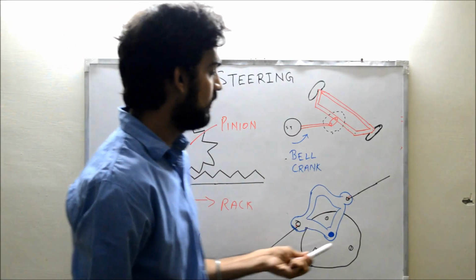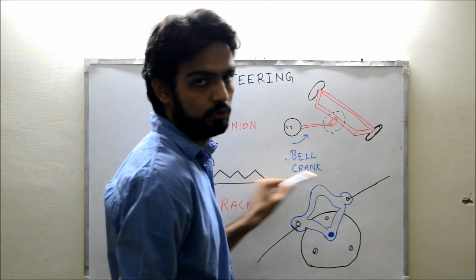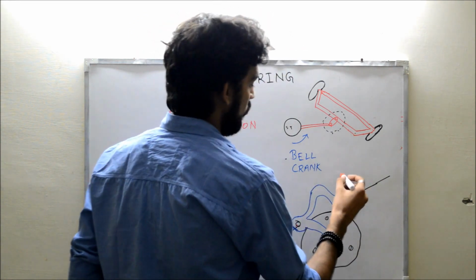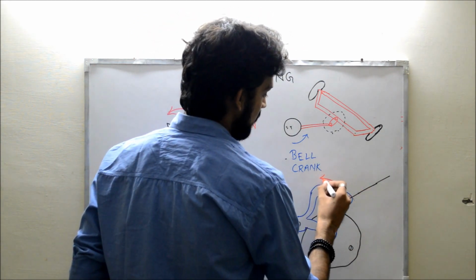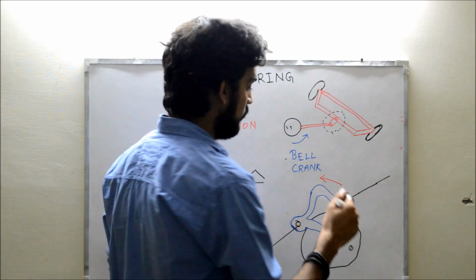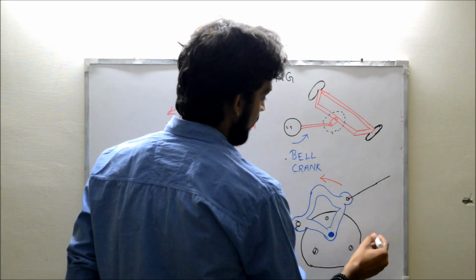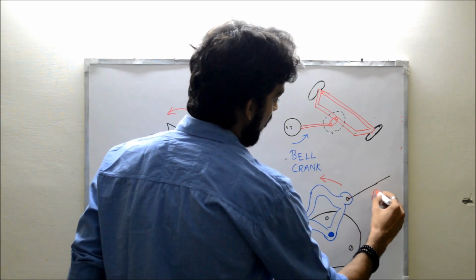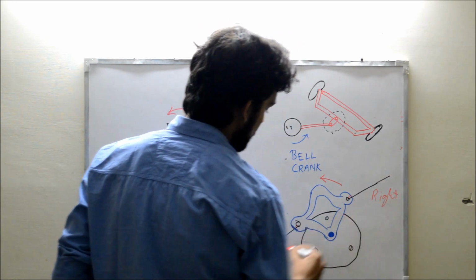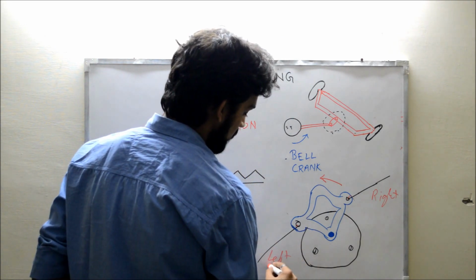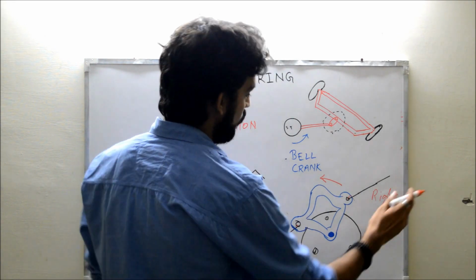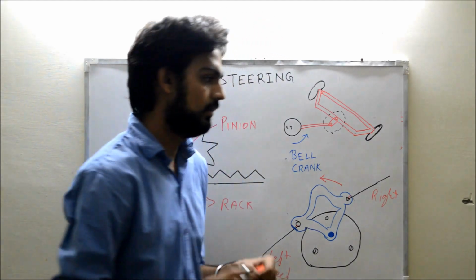And in the bell crank method, this is the system which is known as bell crank. As we go towards the left, the same angle that we used the steering to tilt towards the left, the system tilts towards the left, resulting in the wheels turning. This part is connected to the right wheel and this part is connected to the left wheel. The vehicle moves towards the left with the same angle the steering made.